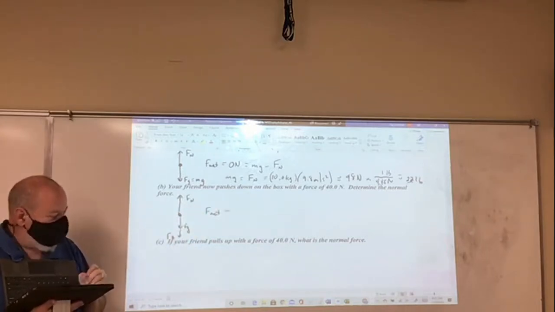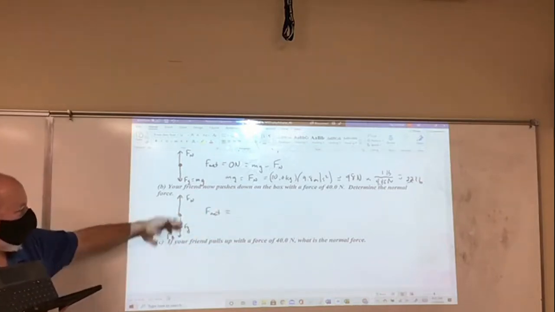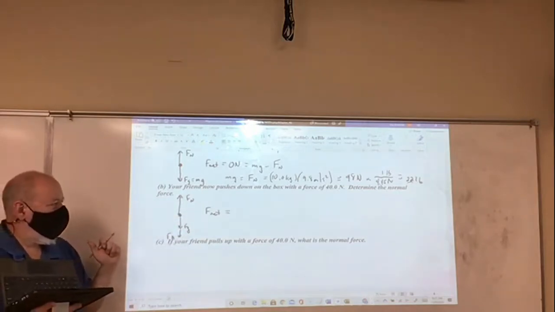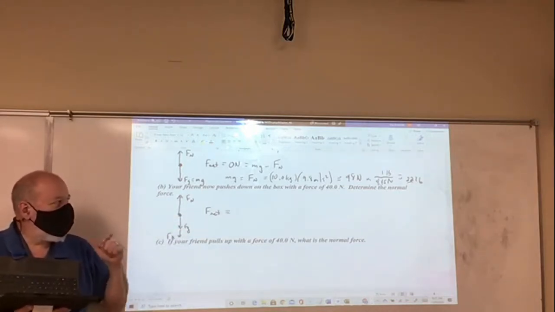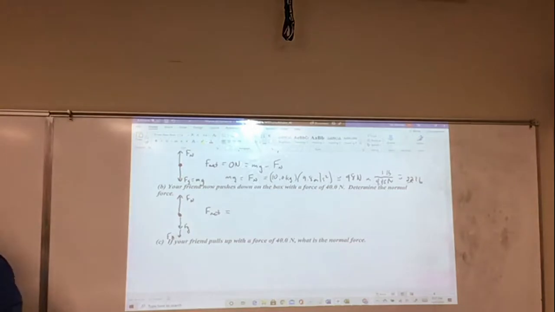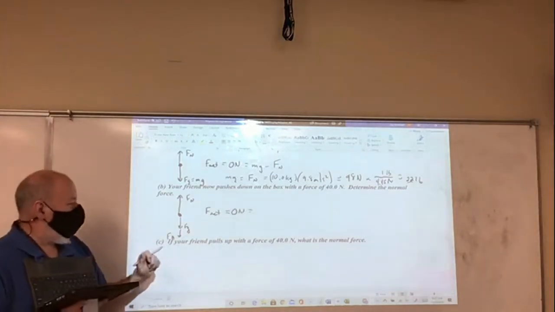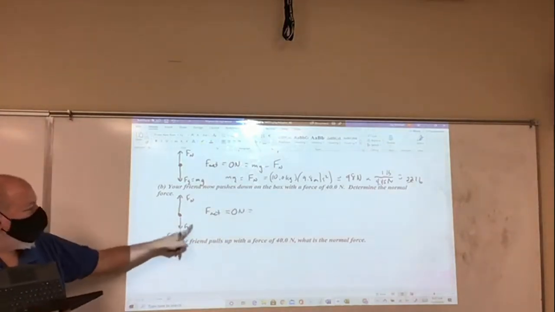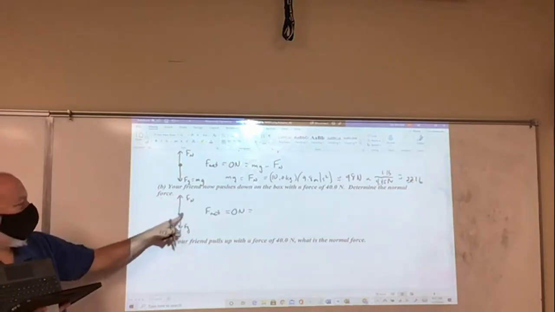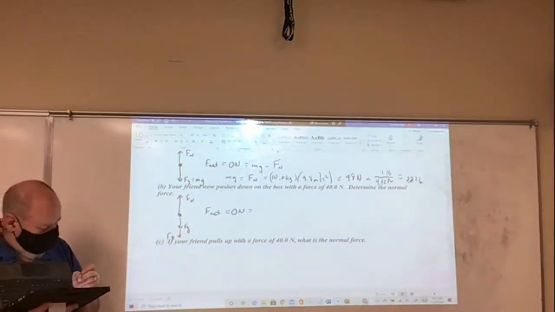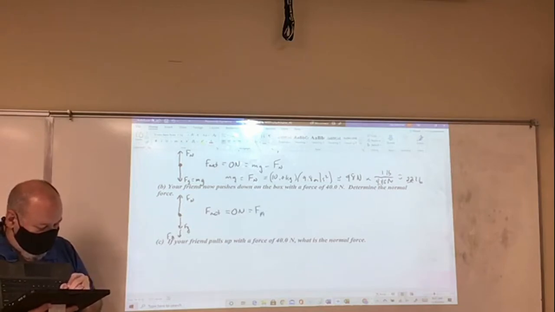In my net force equation, am I accelerating or not? No. So what does my net force equal? 0 newtons. But now I've got a modified sum of forces. Now it's all of this minus that, so it's going to be force applied plus force due to gravity